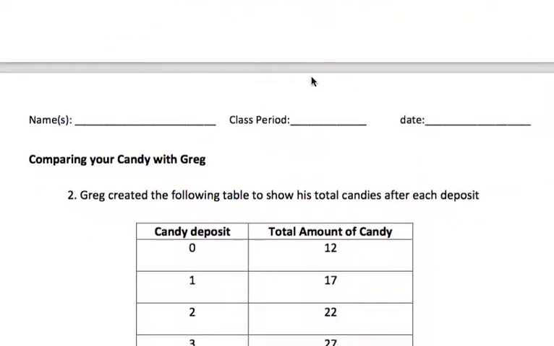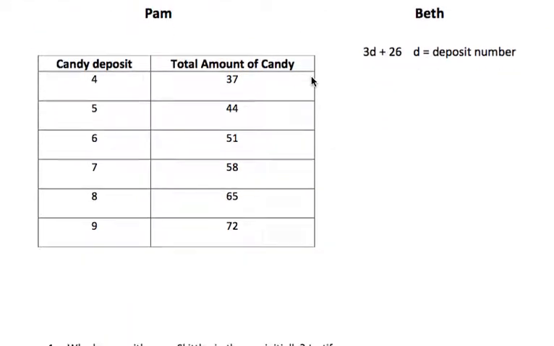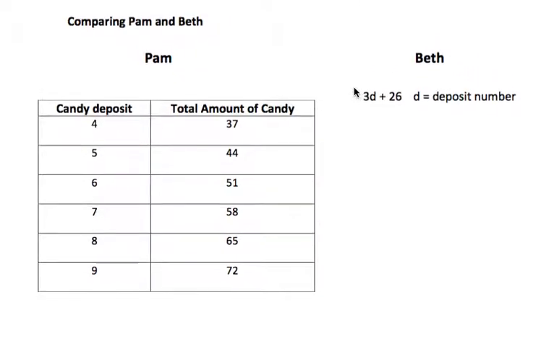So we compare to Martha. Then we compare with Greg, so tables and equations. Then we have two different people. And now you're not comparing with yourself, you're comparing these two people. And every single time I allow students to work on this in their small group, and then we come together